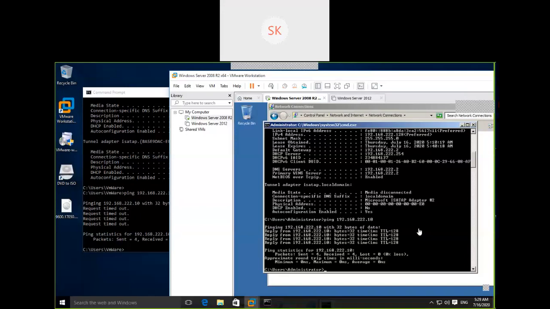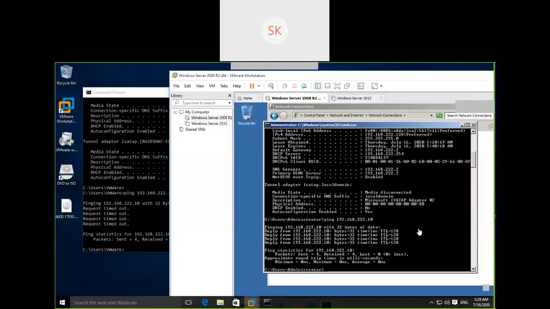IP configuration is done. The next thing is the firewall. On this particular server, by default, the firewall is enabled. As soon as the firewall is in the enabled state, we are not in a position to establish communication. Firewall is nothing but a port block. What are the ports? We discussed the ports concepts in the networking session. Okay, try to understand the port. Okay, what is the firewall going to do?